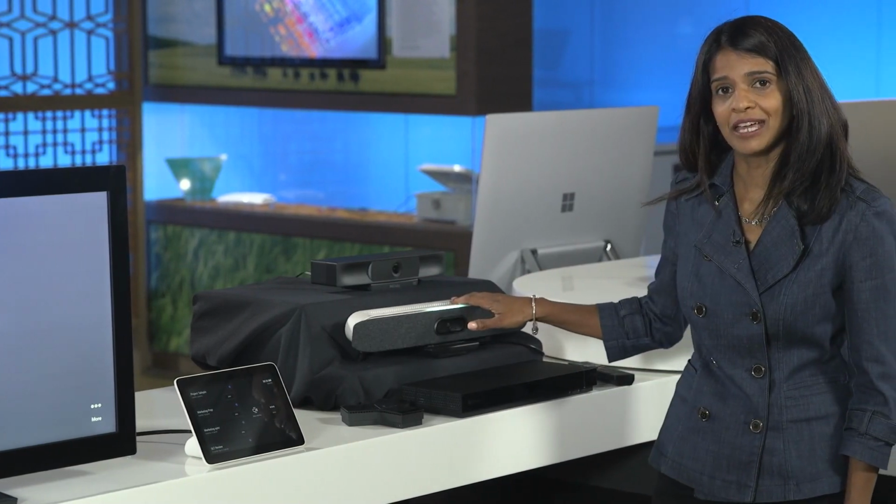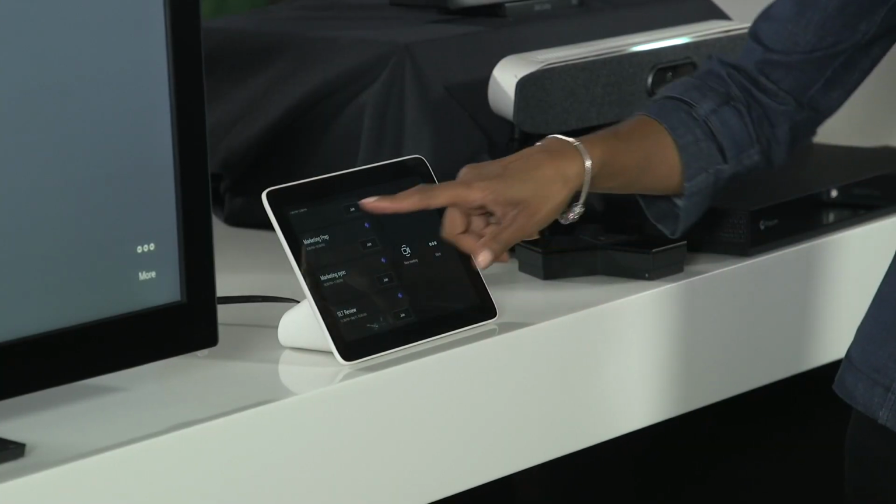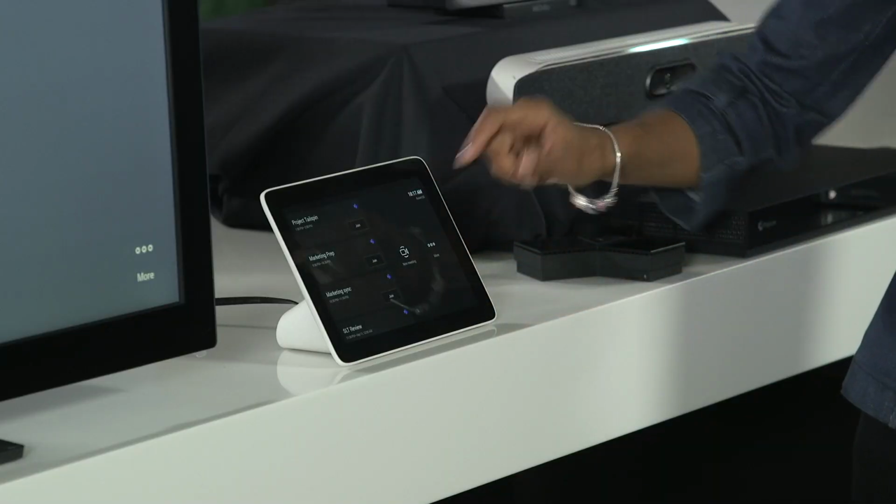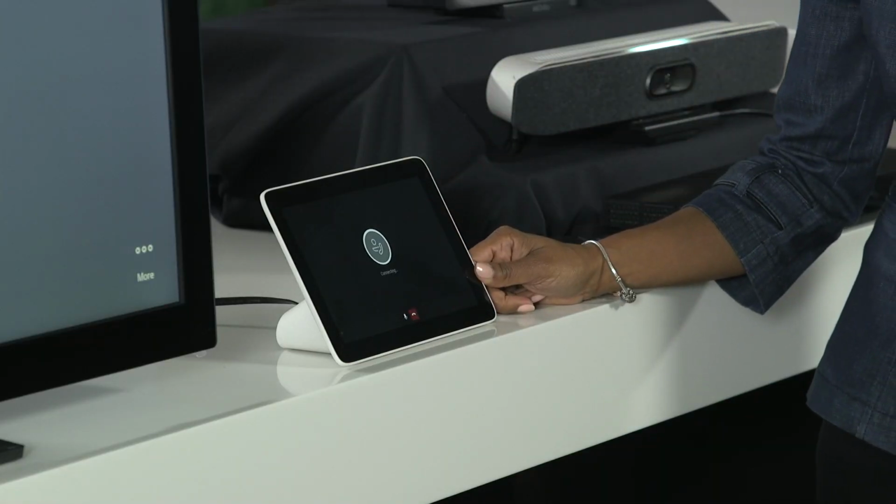So many of you have asked if our Android solutions support a touch console. We're working on that right now, and here I have a demo of that. This is the Poly TC8. It's connected to the Poly X30 here. As you can see, it's got the same great calendaring functionality that the touch console on the Microsoft Teams rooms for Windows has. I can go ahead and join a meeting, and once I'm in the meeting, you're going to